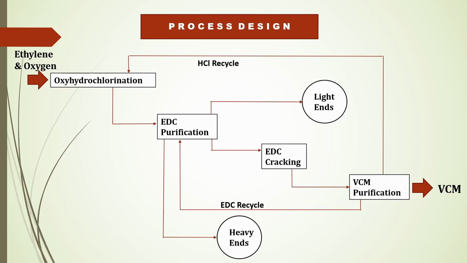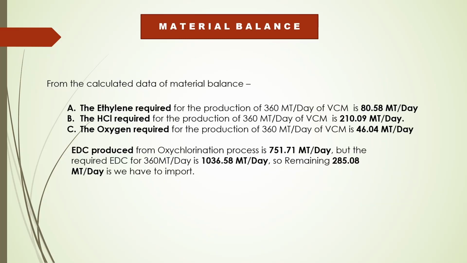Now let us go through the material balance. We have done the material balance. We have also done a market survey, and take an approximation of 360 metric ton per day of VCM as a basis. So for 360 metric ton per day of VCM, we need 80.58 metric ton per day of ethylene, and 210.09 metric ton per day of HCl, 46.04 metric ton per day of oxygen, and EDC formed in the oxychlorination